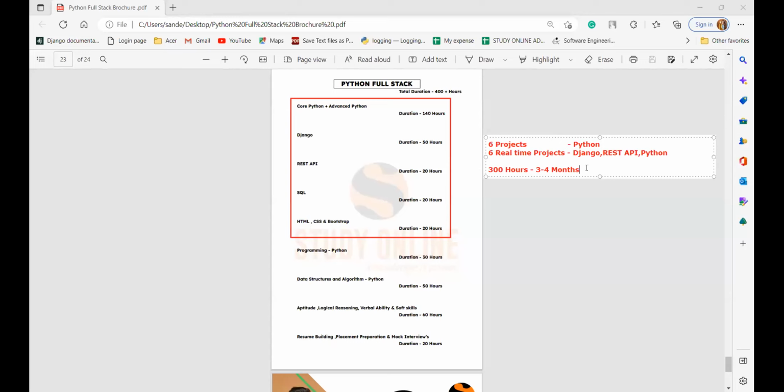Let's say 300 hours. You tell me what should be the price that I should keep. Why? Because every time, sir, you ask students yes or no. At least you ask us what should be the price. I hope you have done your research in your college or outside in the market. What will be the price that they'll be taking outside? Trust me, outside, first of all, they'll not do real-time projects. They'll not do REST API. Trust me, I'm not kidding.